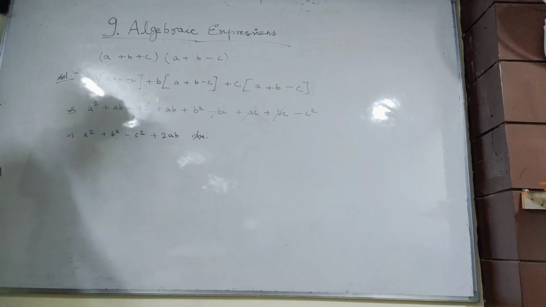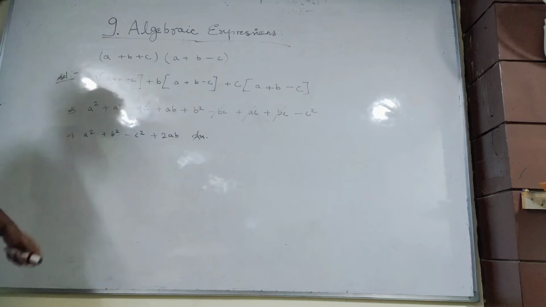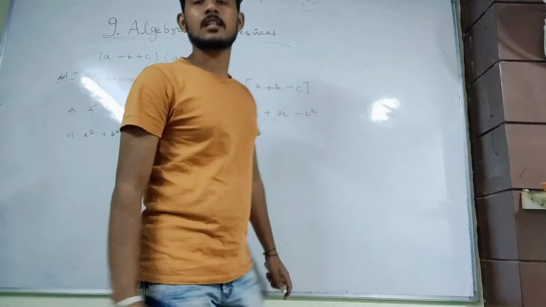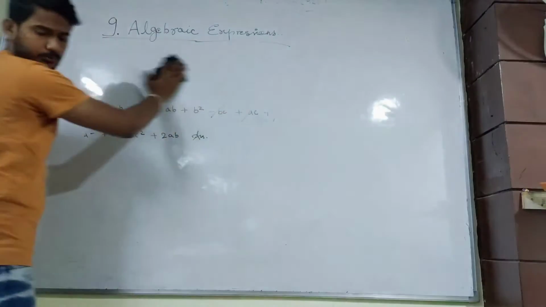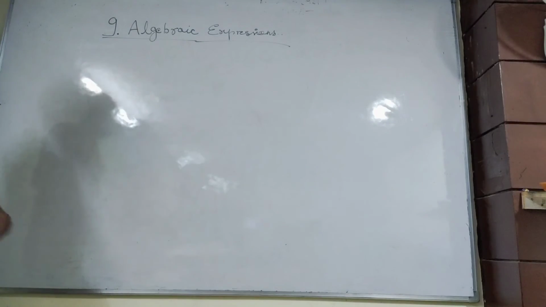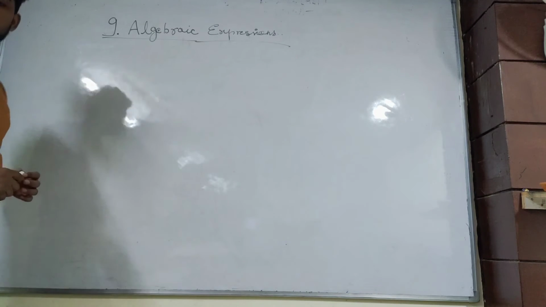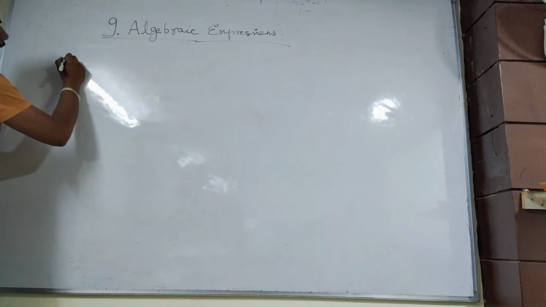After this your exercise 9.4 will end. After this we have to discuss some identities for the next exercise, which is 9.5. There are basically 4 identities. On the basis of these 4 identities only you have to solve the exercise. So the number 1 identity is